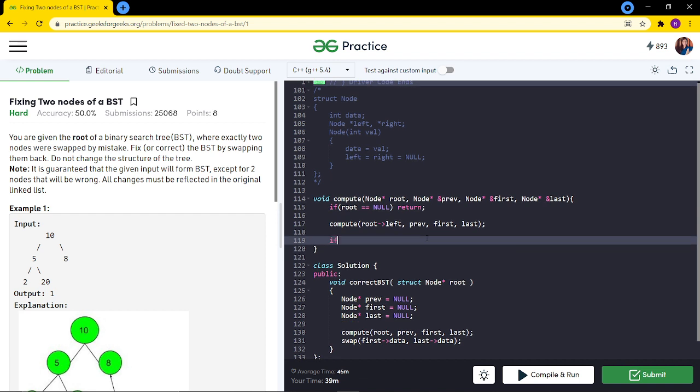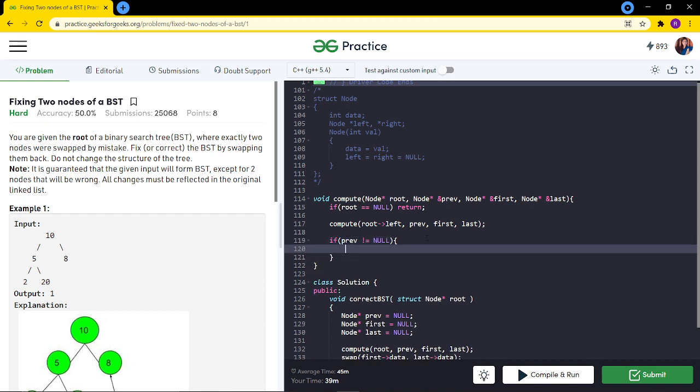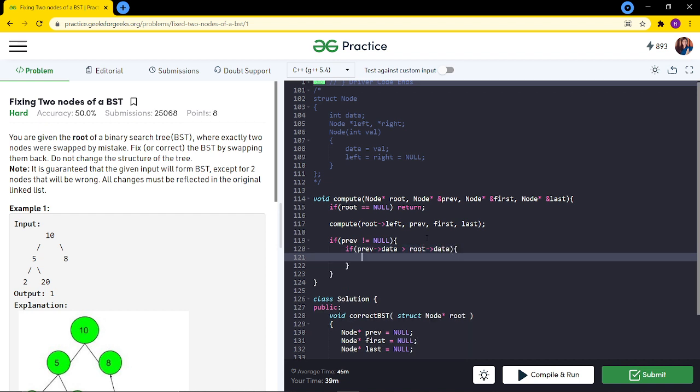Now see, what we discussed was, if previous is not null, that is, if previous exists, and if my condition doesn't hold true, that is, if the data of previous is greater than the data at root, then I have to swap. Before swapping, I have to check, is this a first pair or the second pair. If this would be a second pair, then my first would not be null. And if my first is still null, that means this is a part of the first pair.